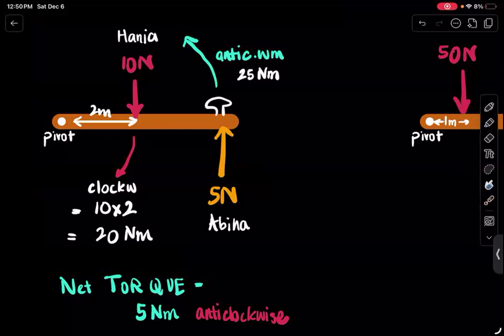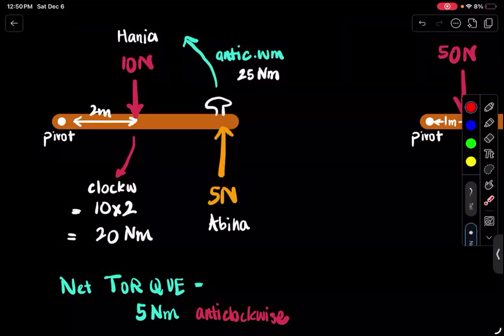So if you increase the distance, it has a huge effect because it allows you to apply a greater turning effect without applying a much greater force. Even though Hania was pushing much stronger, she was not able to open the door in her direction because she was much closer to the pivot. Okay. Now,